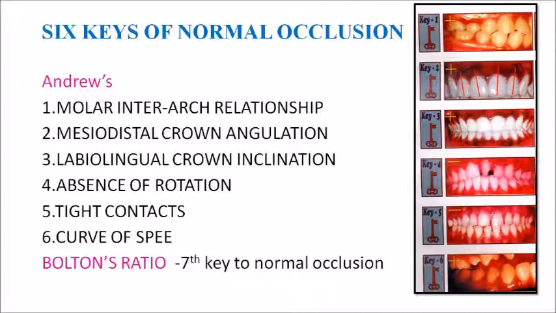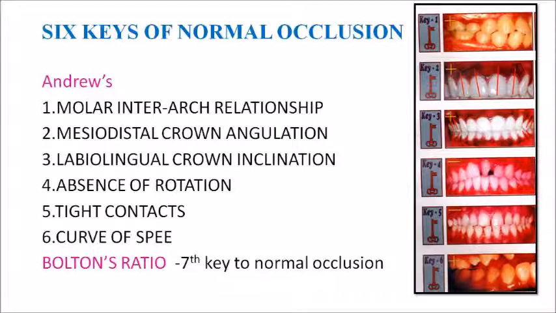Look at the picture, where along the posterior teeth we have shown the red lines. The gingival area of the posterior teeth is positioned more buccally than the occlusal area. So these posterior teeth show a negative crown inclination, whereas anterior teeth show a positive crown inclination. Positive crown inclination is when the gingival area of the crown is more lingually placed. So for anterior teeth there is a positive crown inclination, and for posterior teeth there is a negative crown inclination.